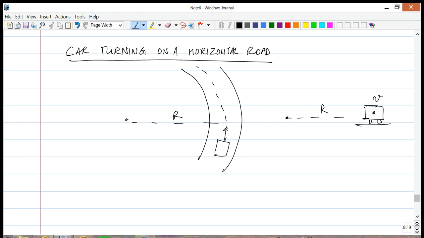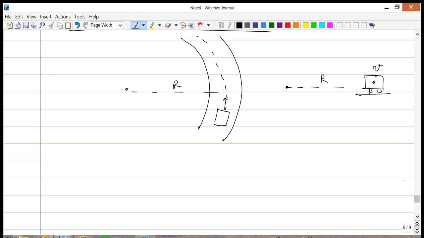Okay, now since the road is flat, the only thing that could possibly be doing this has to be the force of friction. Now it also happens that the type of friction, whether it's kinetic or static, that is responsible for the object to maintain this circular path is static friction. So the force of friction that is responsible is the static friction.